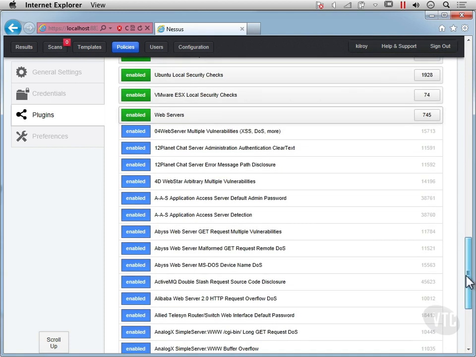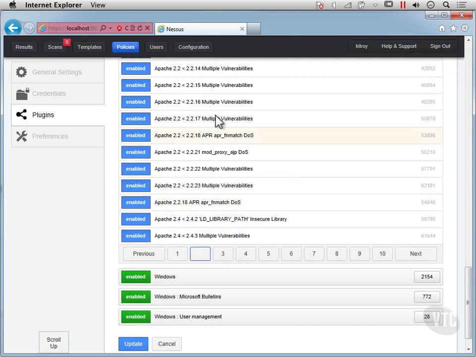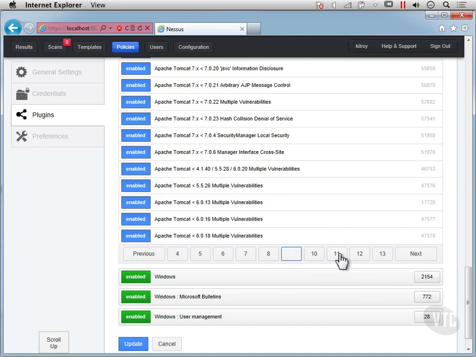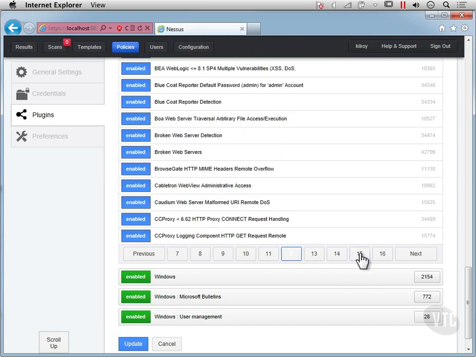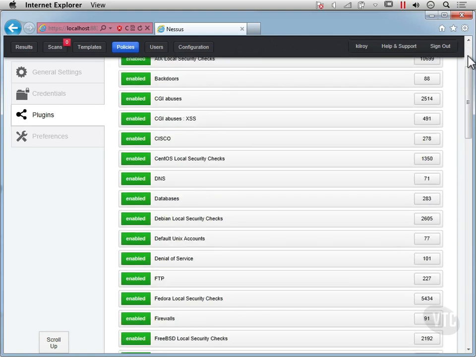So these are different web servers that are available that we can look at and do some testing against. And you can see all of the different tests against Apache servers. And there are a lot of vulnerabilities in Apache. And here's Apache Tomcat, which would be an application server that's based in Java. And here's a number of other Tomcat possibilities or vulnerabilities. And we've got broken web servers, and we can check for Blue Coat as well. And let's actually scroll back up here and take a look at the CGI